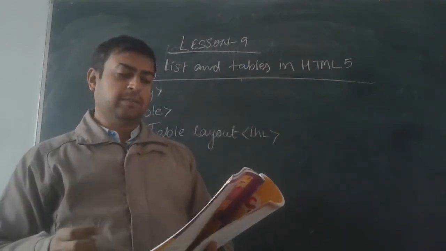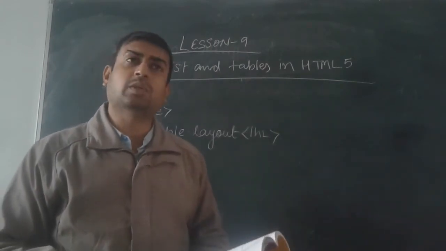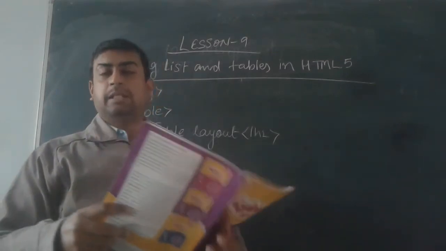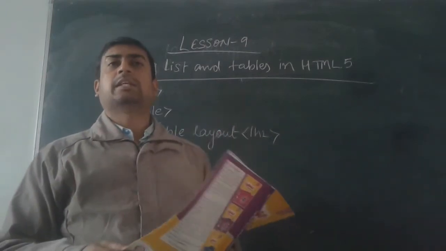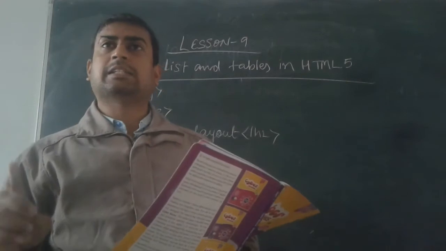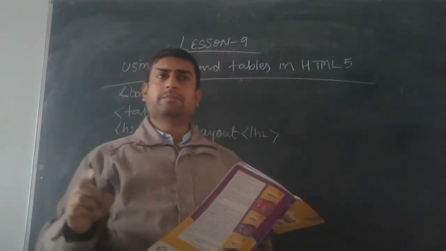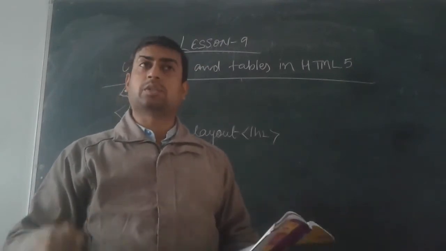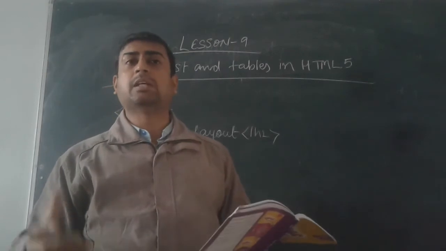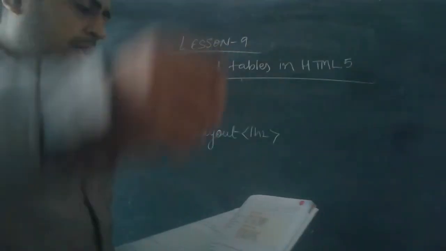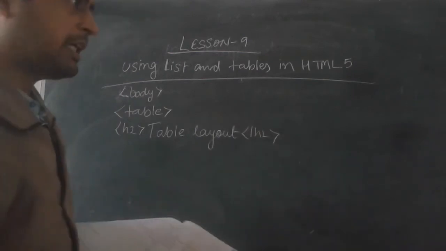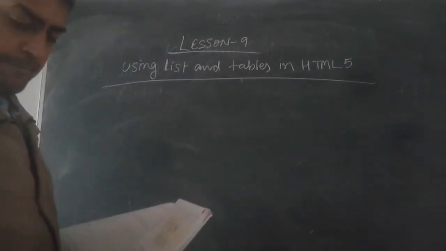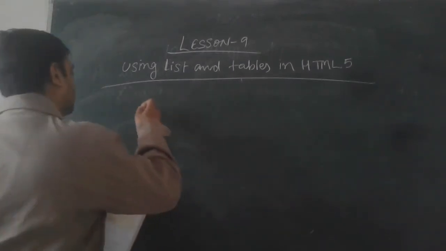Now in the next case, when we use the same tags, the same property will be applied. This is the advantage of CSS: once we define the CSS, we can use it again and again. No need to write the code again and again for the separate attributes. Now, the second value is border spacing.